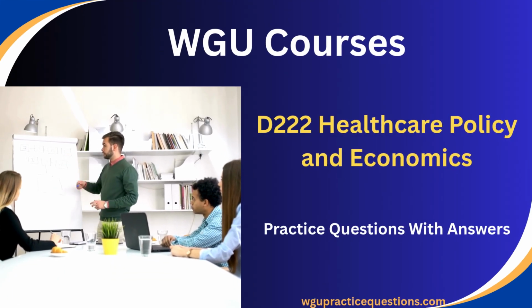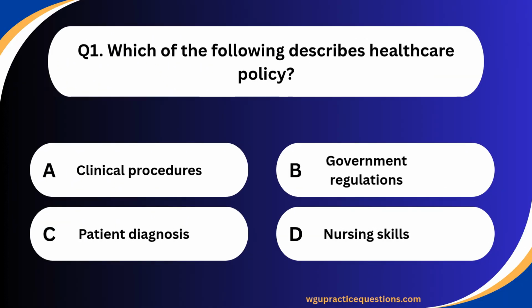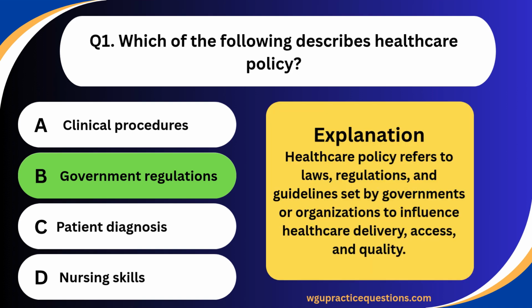Healthcare policy and economics. Practice questions with answers. Question 1. Which of the following describes healthcare policy? A. Clinical procedures. B. Government regulations. C. Patient diagnosis. D. Nursing skills. Which one is the correct answer? The correct answer is B. Government regulations. Explanation. Healthcare policy refers to laws, regulations, and guidelines set by governments or organizations to influence healthcare delivery,